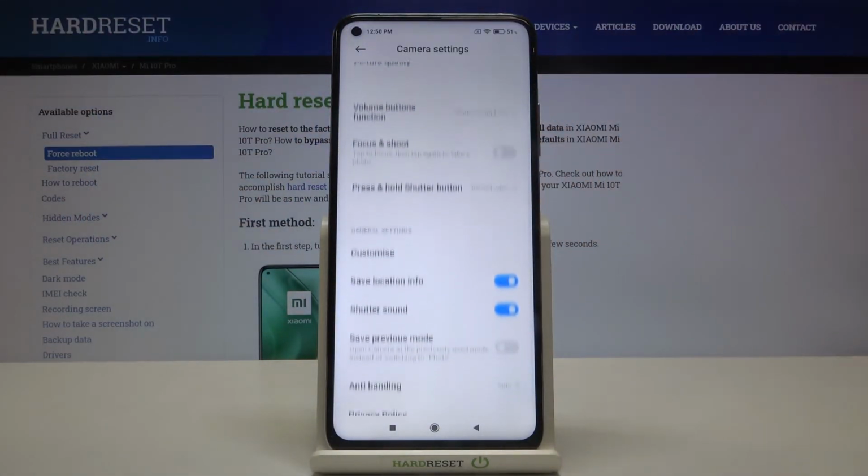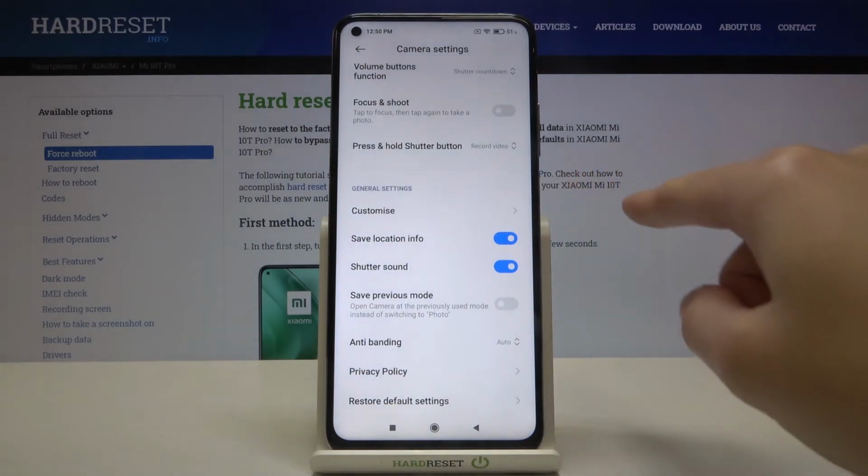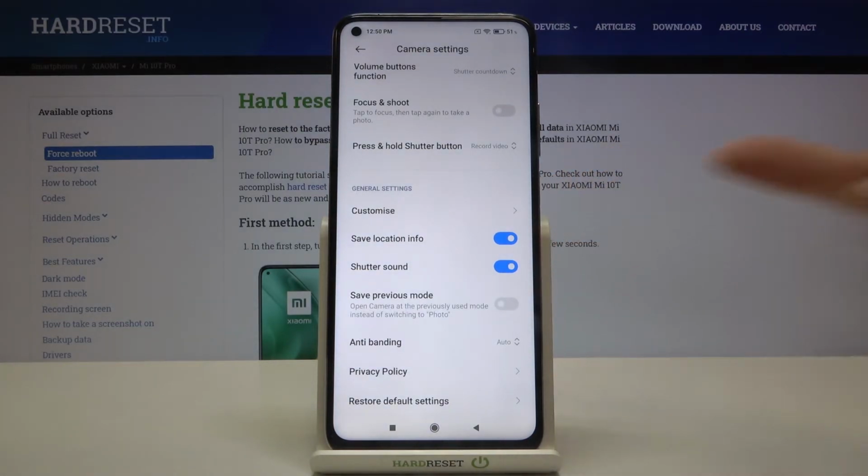From here let's slide down to the general settings, and here at the second place we have the save location info option, so it allows us to save the information about the place where we take a picture in the details about it. By using this button we can easily turn it off and turn it on like that